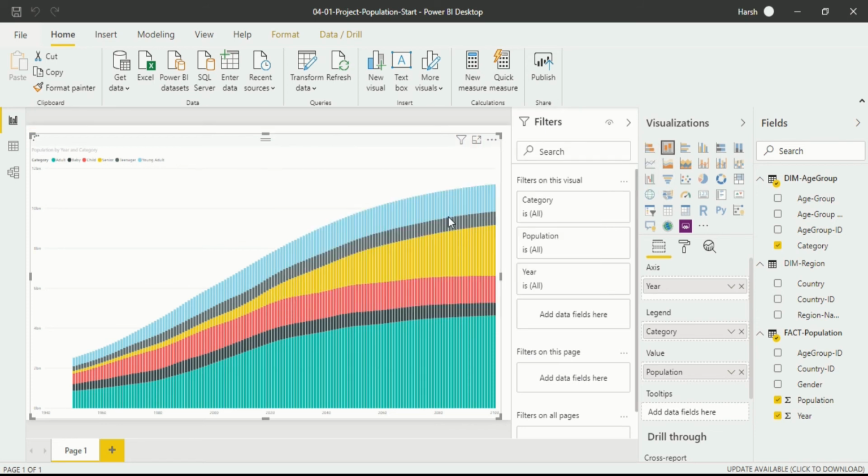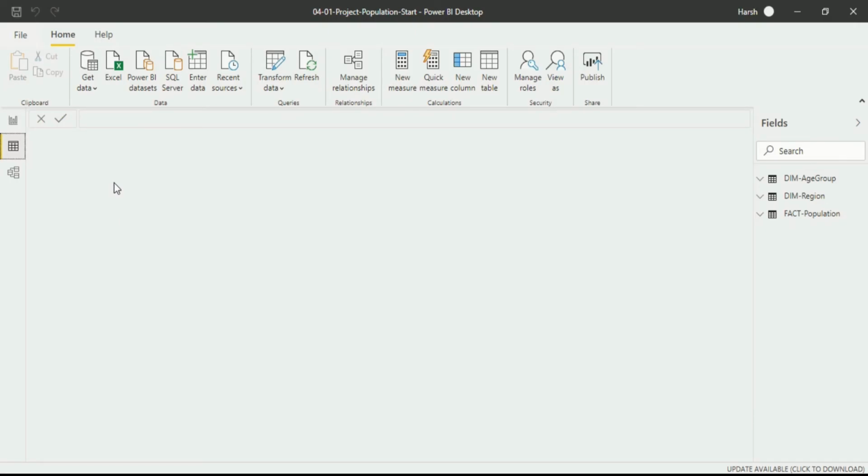Now you can see the changes have been done in our data set. To know about the changes, we go into the data view, because in the fields section you can see one new column has been added, that is M language.